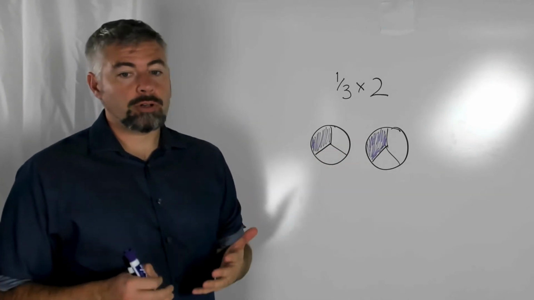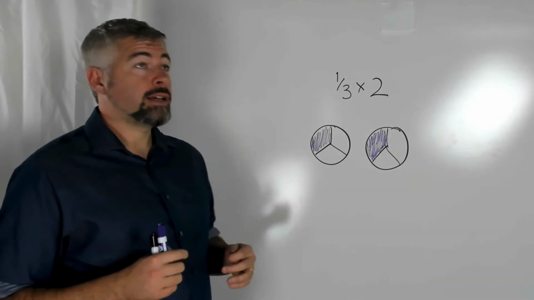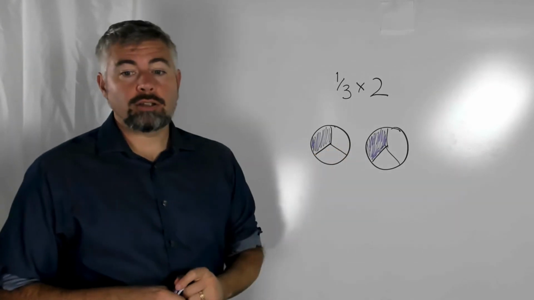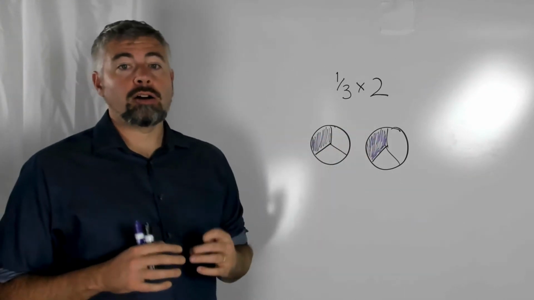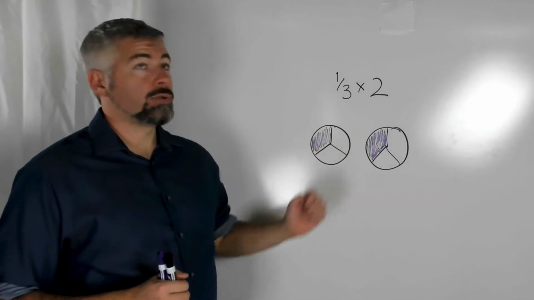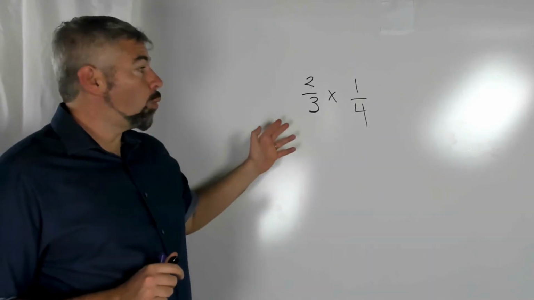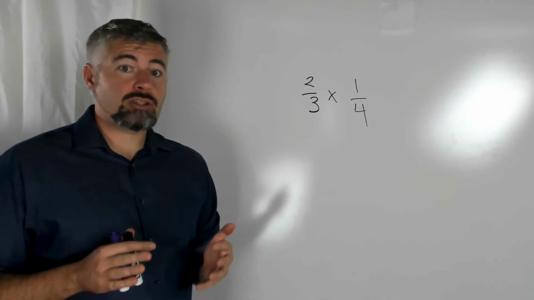of 2/3. To put this in a real world scenario, I might say that I started with 2 cakes and I ate 1/3 of the total amount of cake that I had. How much did I eat? 2/3 of a cake. Now, when we're multiplying a fraction by a fraction, my favorite way to demonstrate this with